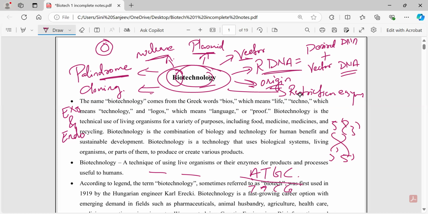Okay, then cloning. Cloning means what? To obtain multiple copies of that particular rDNA. So it will be like same Xerox copies of that particular original DNA which is there. Okay, so these are certain terms which we are going to see in this chapter in a detailed process. Okay, so moving forward,